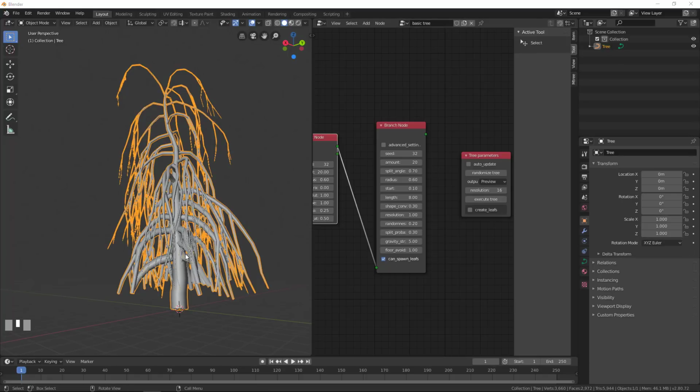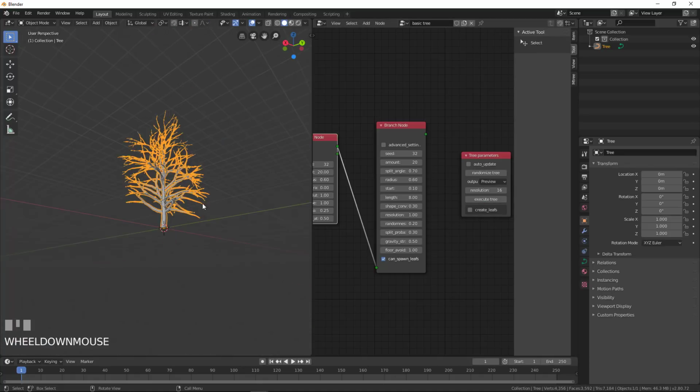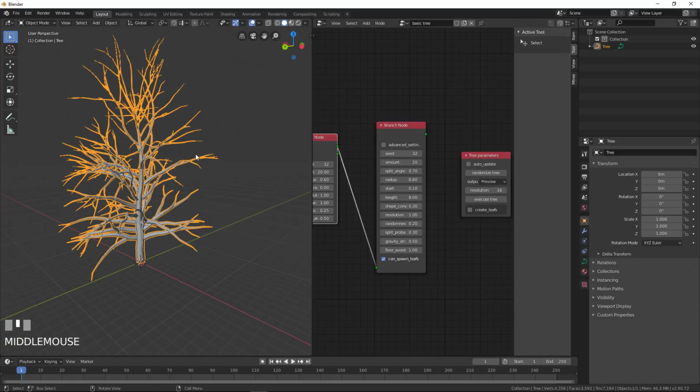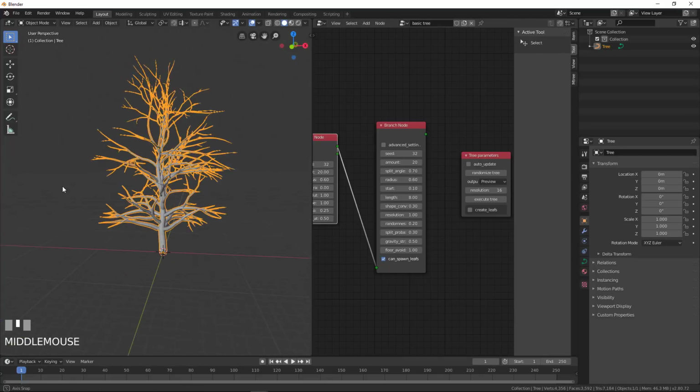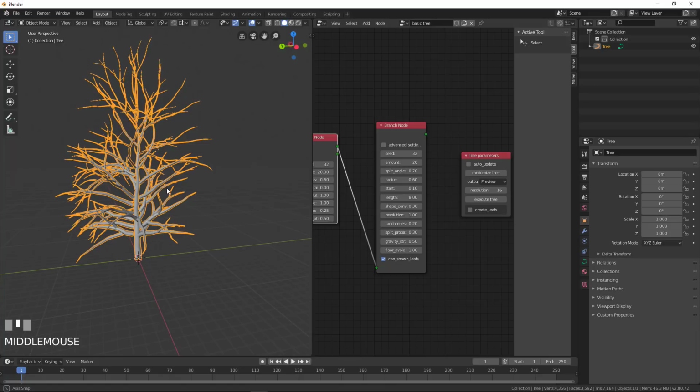So here I come back with more normal values, like somewhere around 0.5. We told it had a nice result like that, and we will maybe keep it like this for creating our tree here. So that's it for the basic